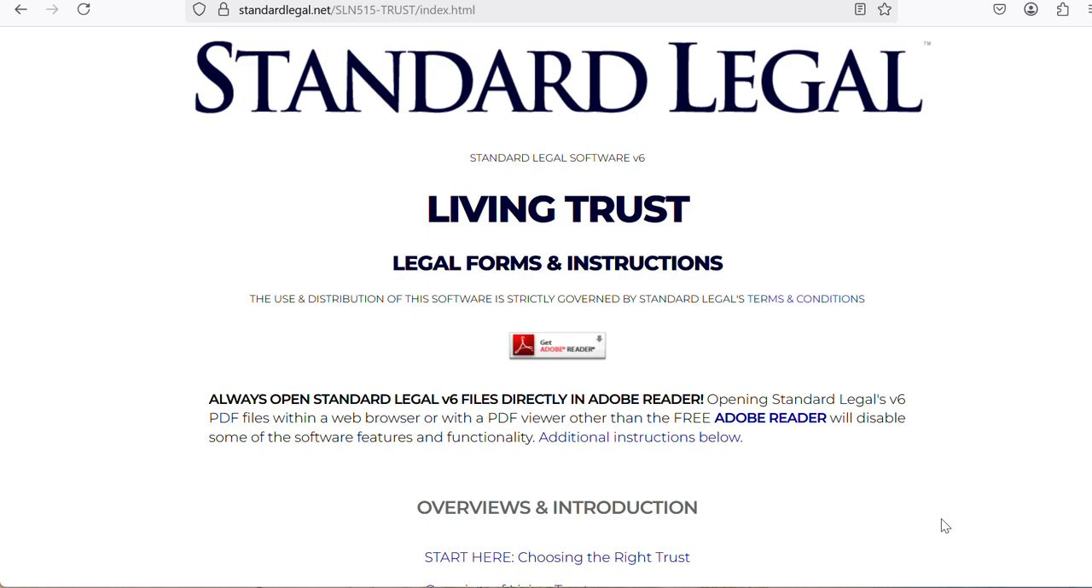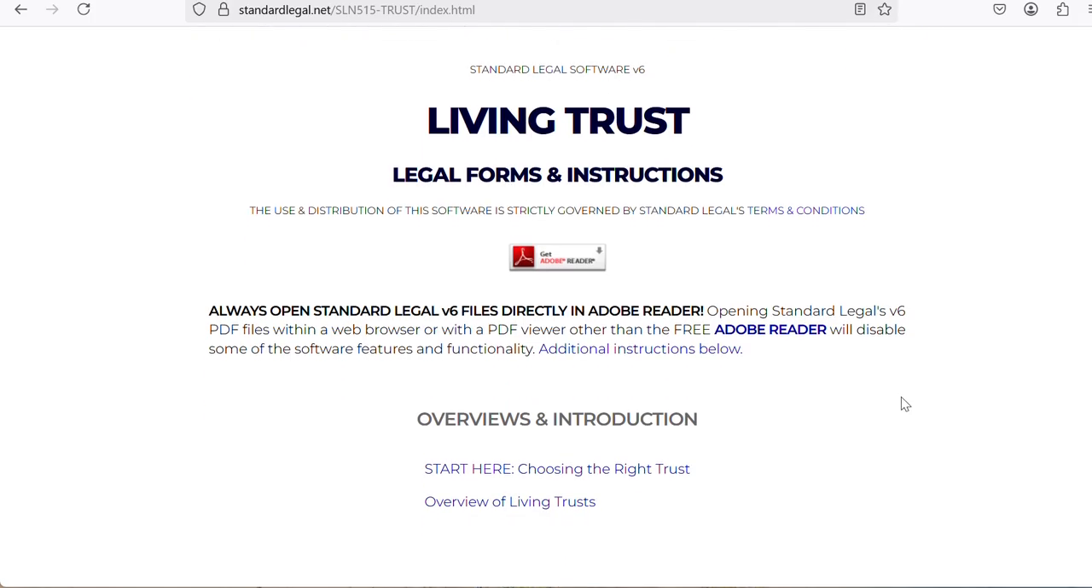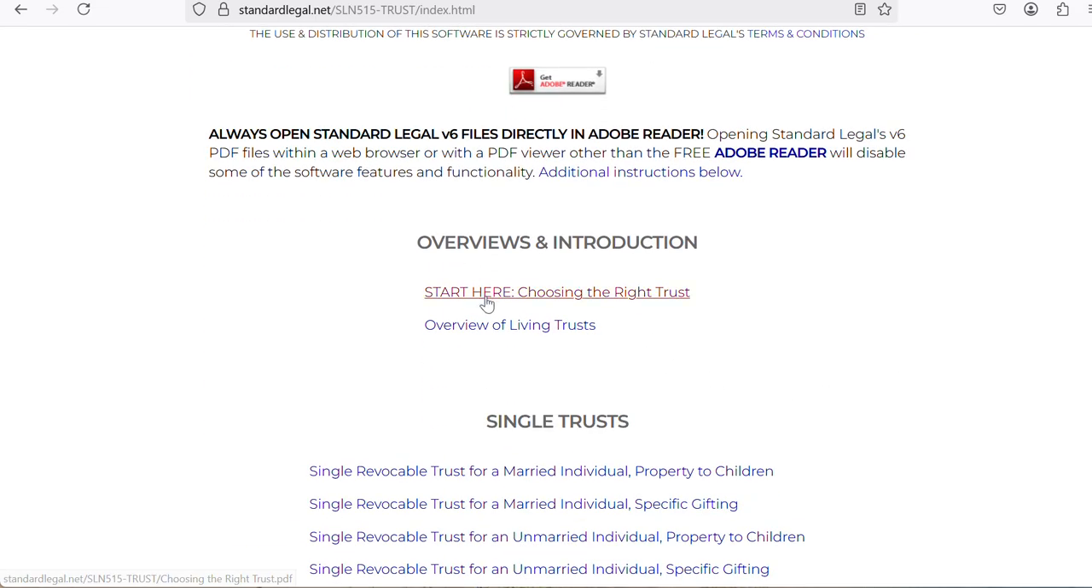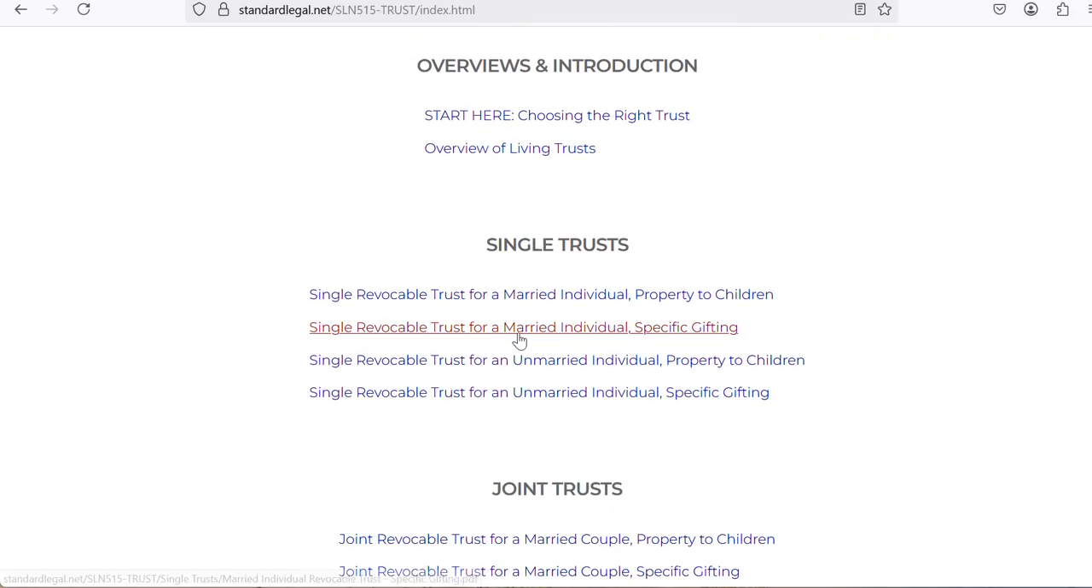Hello. Today we're going to take a look at Standard Legal's Living Trust legal form software. We're on the main page and the index. Here you will find your Start Here, choosing the right trust, your overview of trust, which explains each of the